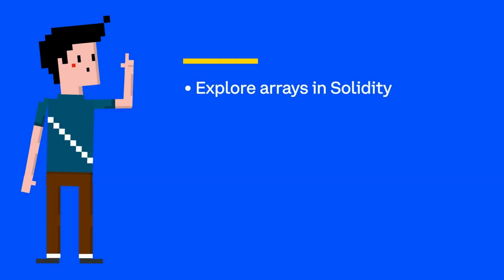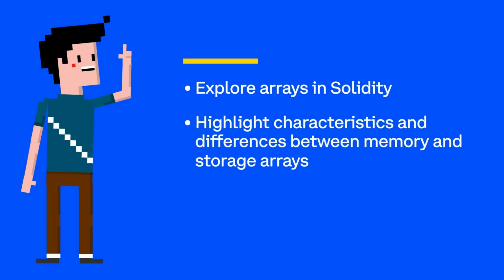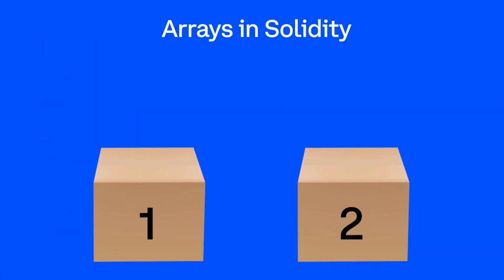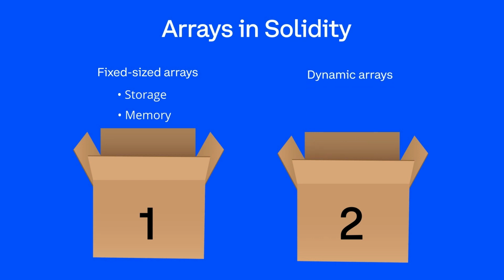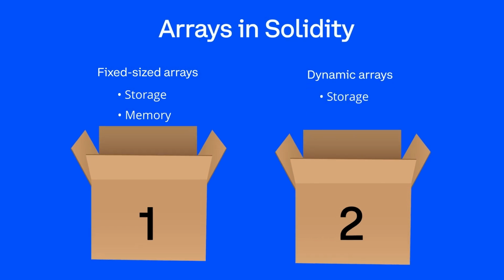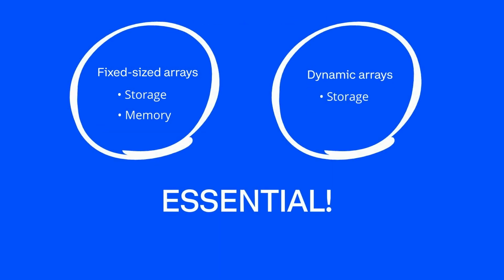In this video, we'll explore arrays in Solidity, highlighting the characteristics and differences between memory and storage arrays. Arrays in Solidity come in two varieties: fixed size arrays, which can have a data location of storage or memory, and dynamic arrays, which are only available in storage. Both types are essential in smart contract development, as they enable developers to store, manage, and manipulate multiple data elements